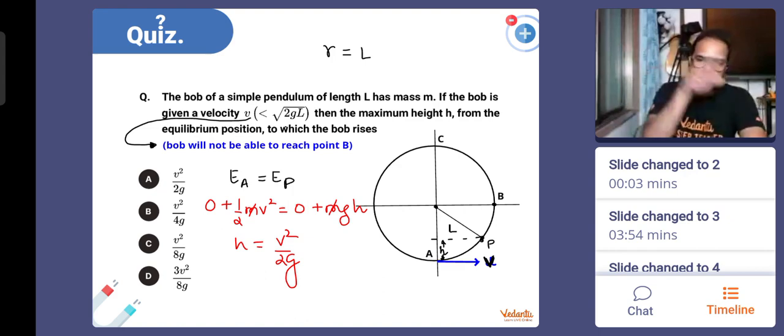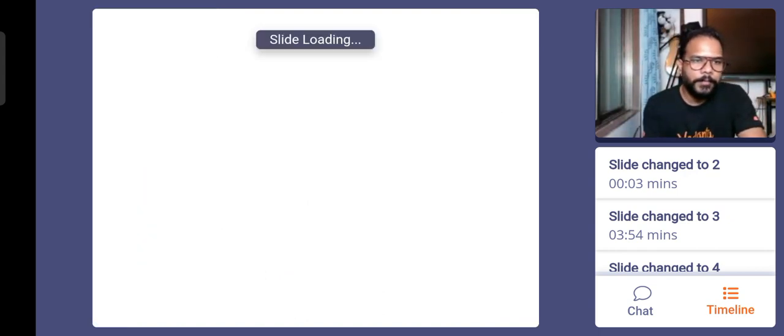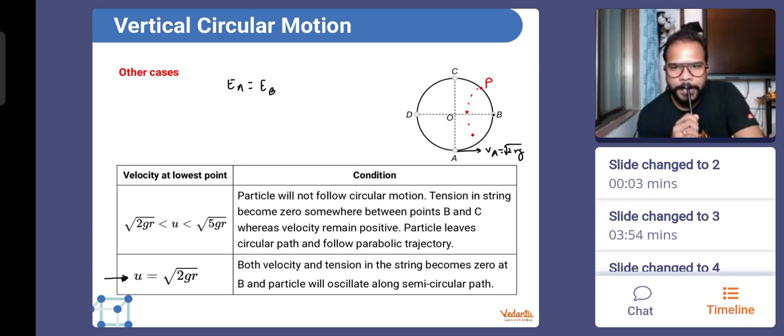लूपिंग द लूप का मतलब है सर्कल में पूरा घूमना। 25, हाँ, पैराबोलिक वाला पॉइंट।